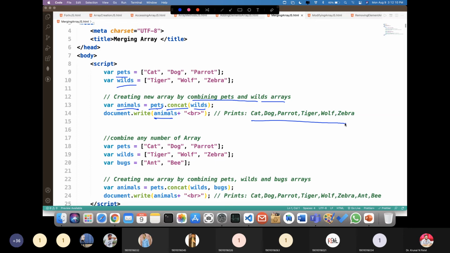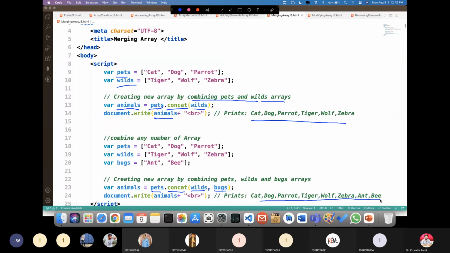Suppose I want to merge more than two arrays, how can you do that? You use the same concat method. Instead of whales only, by using a comma separator, you can put another array over here: pets.concat(whales, bucks). So all three arrays are going to be added.